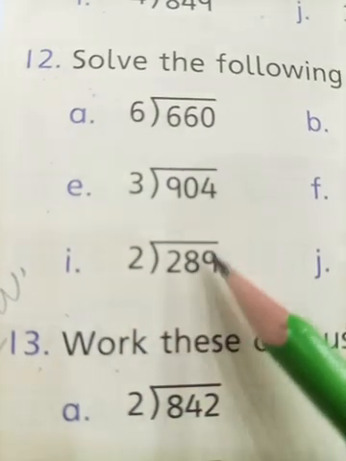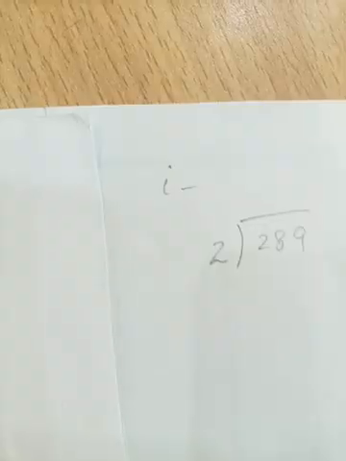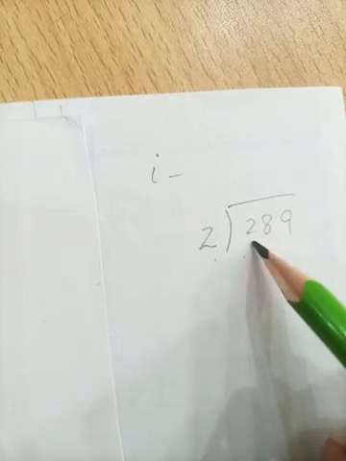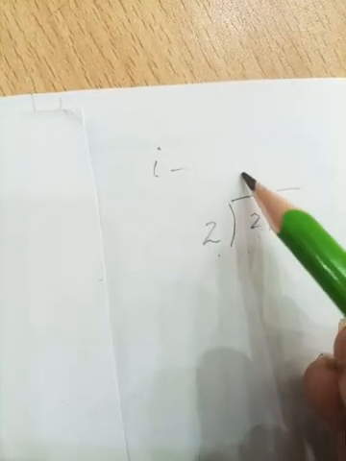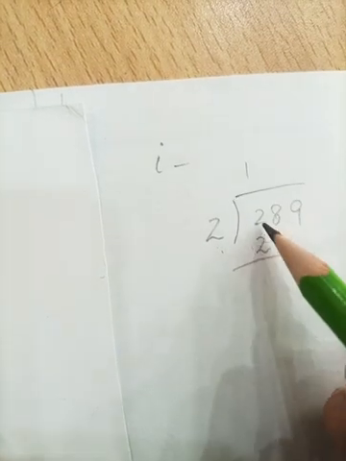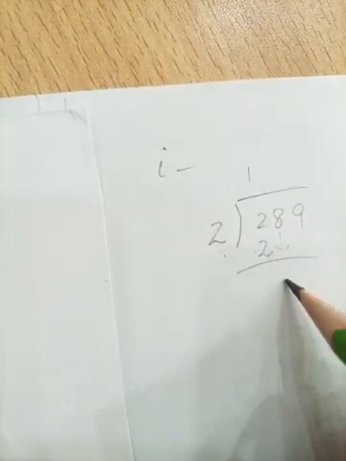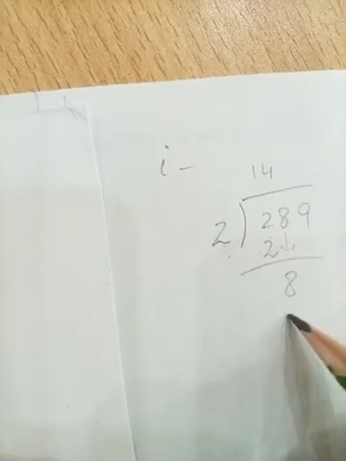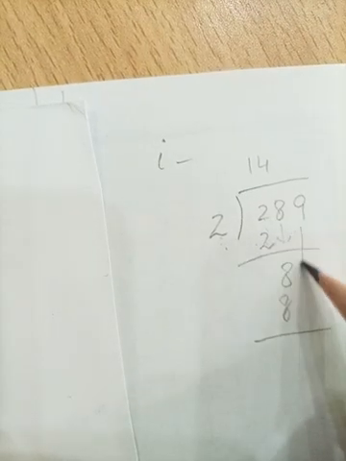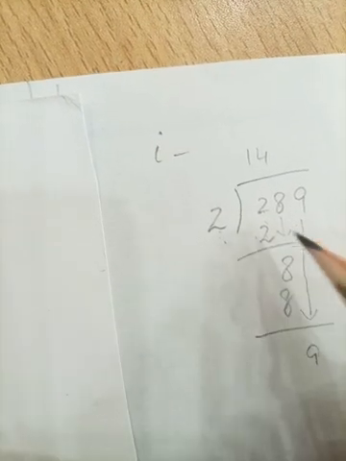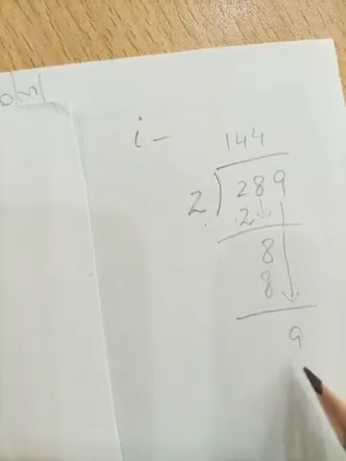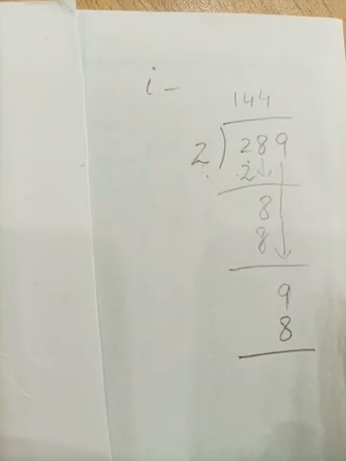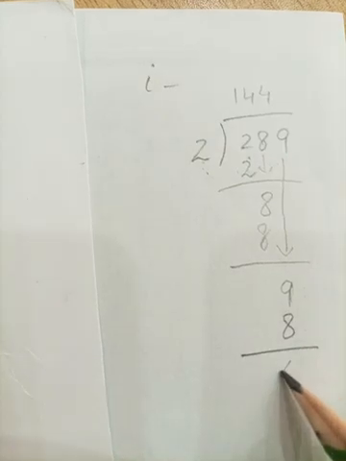In part I, 289 is being divided by the 2. Look at this students, 289 is being divided by the 2. Now students, read the table of 2. Now 2 and 2 are equal, so 2 ones are 2. 2 minus 2, that is 0. So I am taking my second digit, that is 8. Read the table of 2 till the 8. Yes, very good. 2 fours are 8. Very good. Next is 9. I am taking my 9 down here. Students, 2 fours are 8. Very good. Next, we will do the subtraction. 8 minus 9 and our remainder is 1.